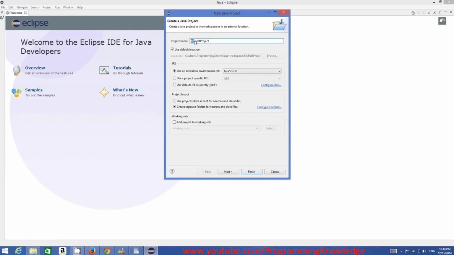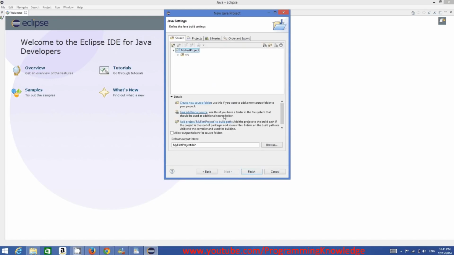So in MyFirstProject, M is capital, F is capital, P is capital, so it's called camel case. So it's a convention to give names like this, and if all things are okay, you can just click Next,